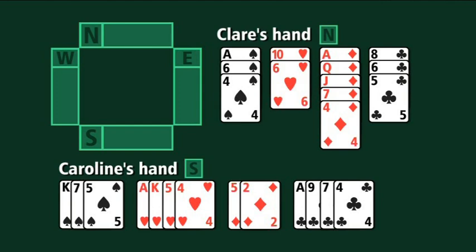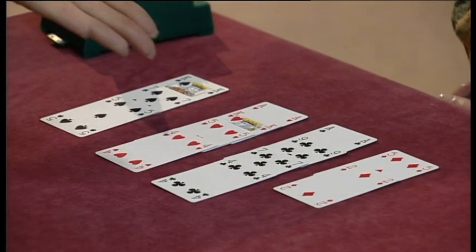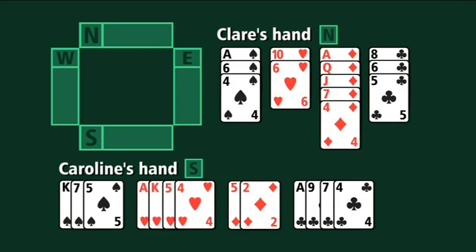has 14 points, 4, 4, 3, 2, opening bid, 1 no trump. Now let's move over to Claire, the partner. Now, what do we think? Do we think Claire has a definite game-going hand, or definitely no interest in game, or maybe? Well, with 11 points, Claire has a maybe hand, and because her hand is actually balanced, the best bid for